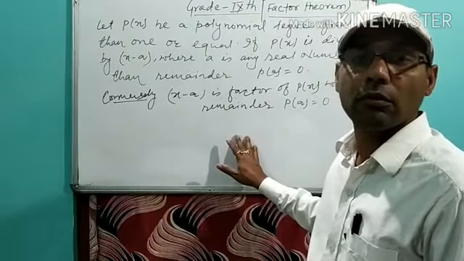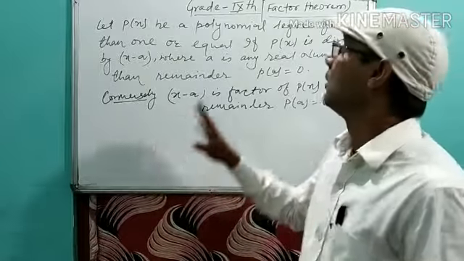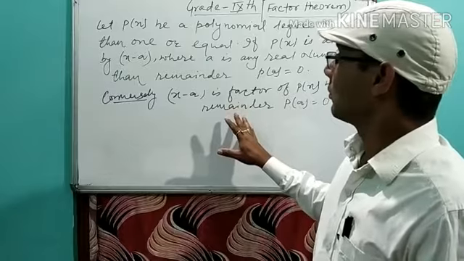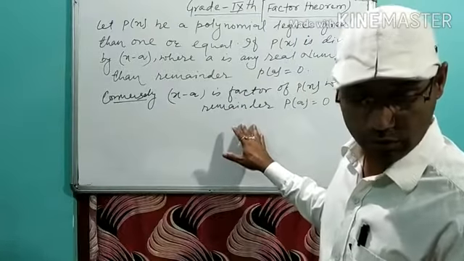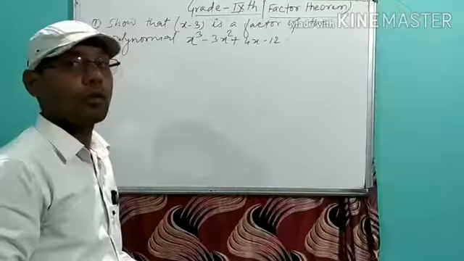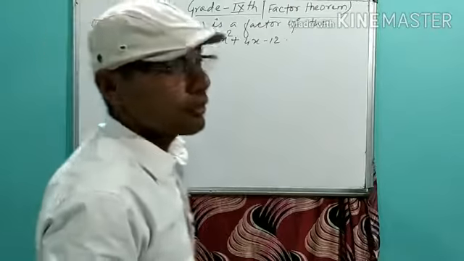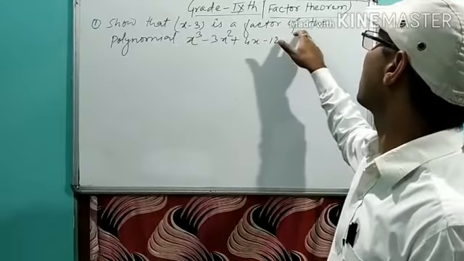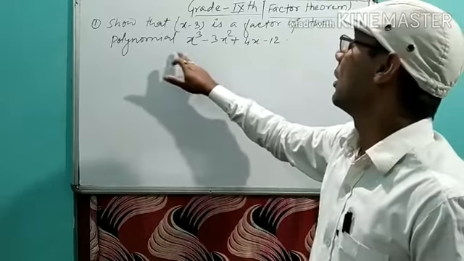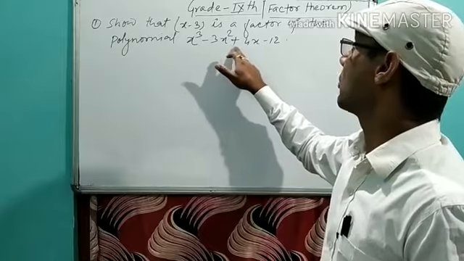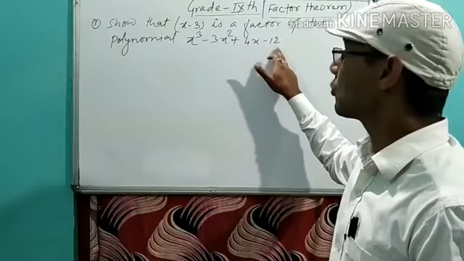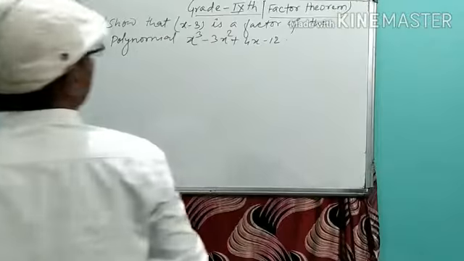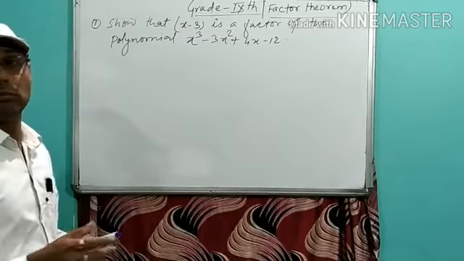This will satisfy the remainder theorem, because to do this I have to erase the blackboard first. Okay, this is the question: show that x minus 3 is a factor of the polynomial x cube minus 3x square plus 4x minus 12. Okay, my dear, by the factor theorem,